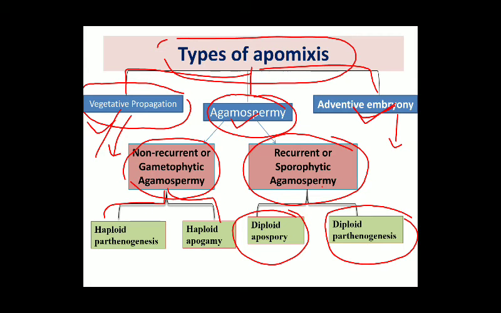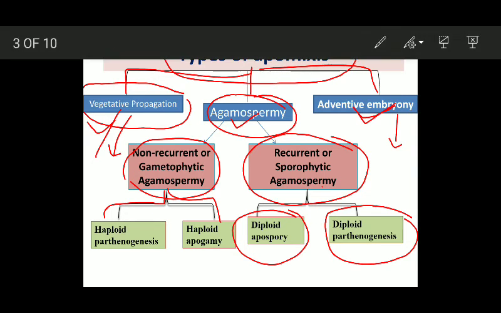So the apomictic plants, they show different methods of apomixis, okay। Any reproductive event, this is very much important, any reproductive event which does not involve meiosis and syngamy, that constitutes apomixis. And you have to remember that all these reproductive events, all these reproductive strategies, whether vegetative propagation, whether agamospermy or adventio embryony, they do not involve syngamy and meiosis.